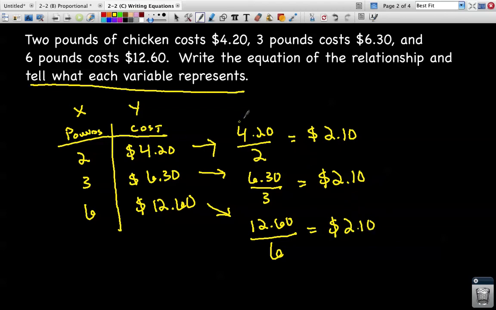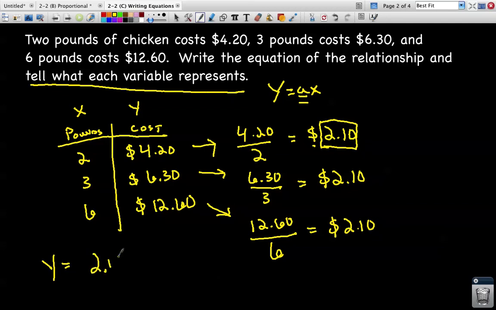So, again, what we figured out, we are trying to write an equation in y equals a times x, where a is my constant of proportionality. I just figured out that my constant of proportionality is $2.10. So let's go ahead and write that. My equation then, I just have to fill it in. My output, my cost, is going to equal